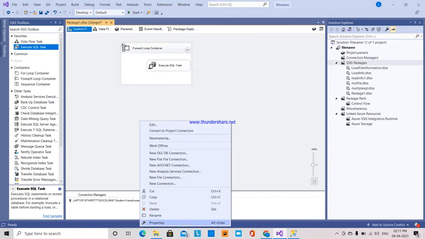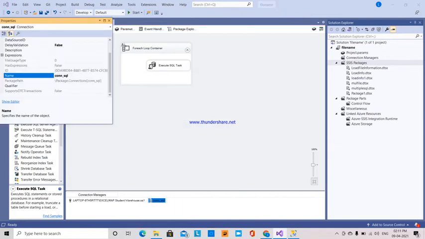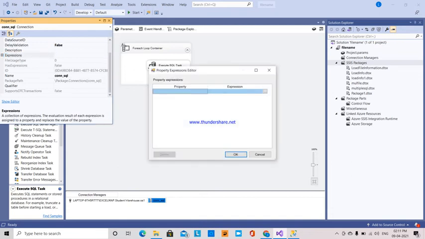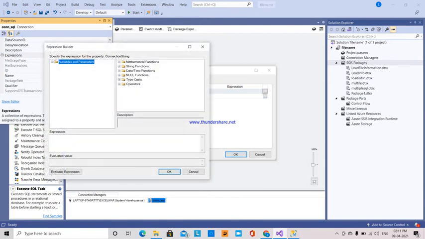Now if I go to properties, we have to change the expressions. The property is the connection string, and the expression is first the folder path, and then double click. Two backslashes will give one backslash, and then the file name.